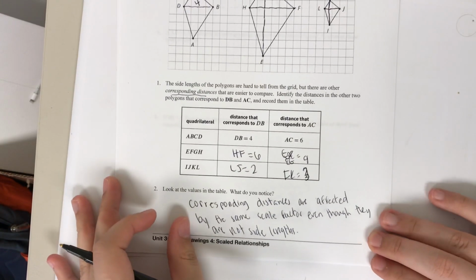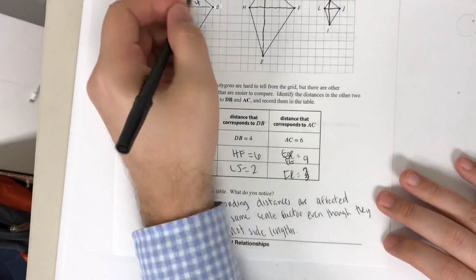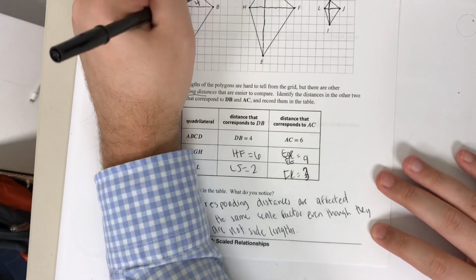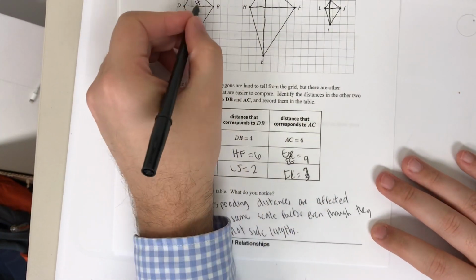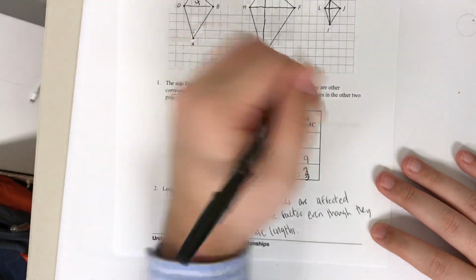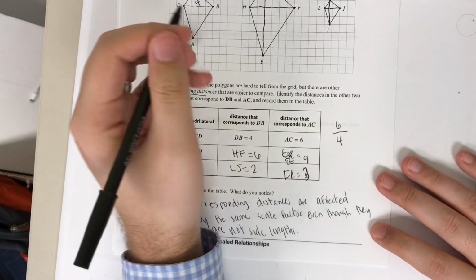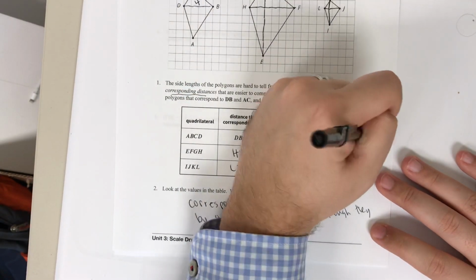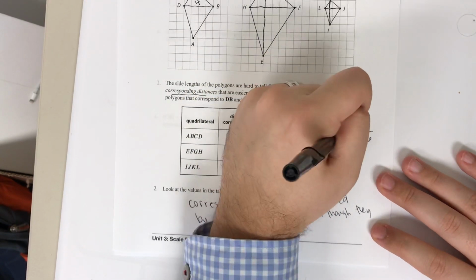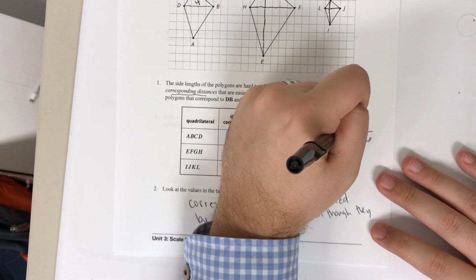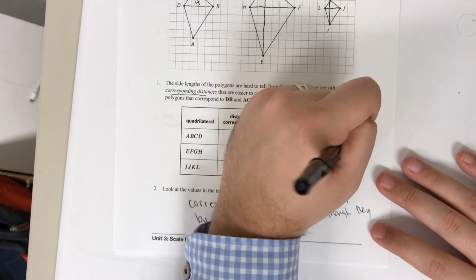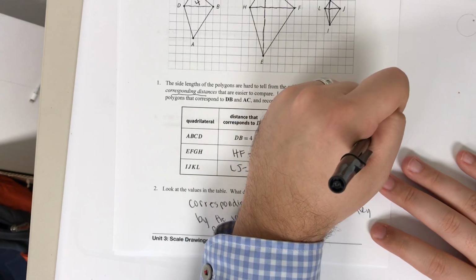Right? So what that means is if this is 4 and that's 6, then from 4 to 6, we have 6 over 4, and then we have 9 over 6. If I simplify those, divide by 2 here, this gives me 3 halves. Divide by 3 here, this gives me